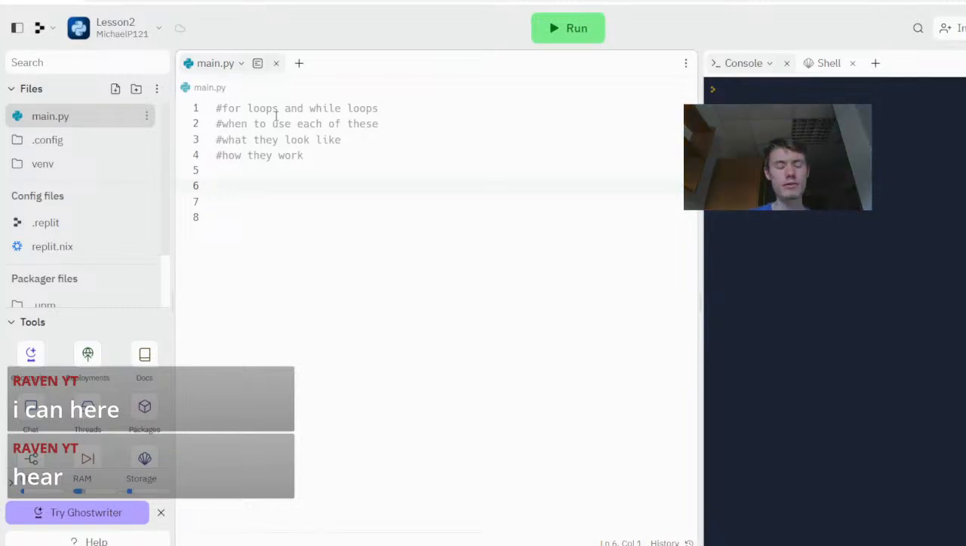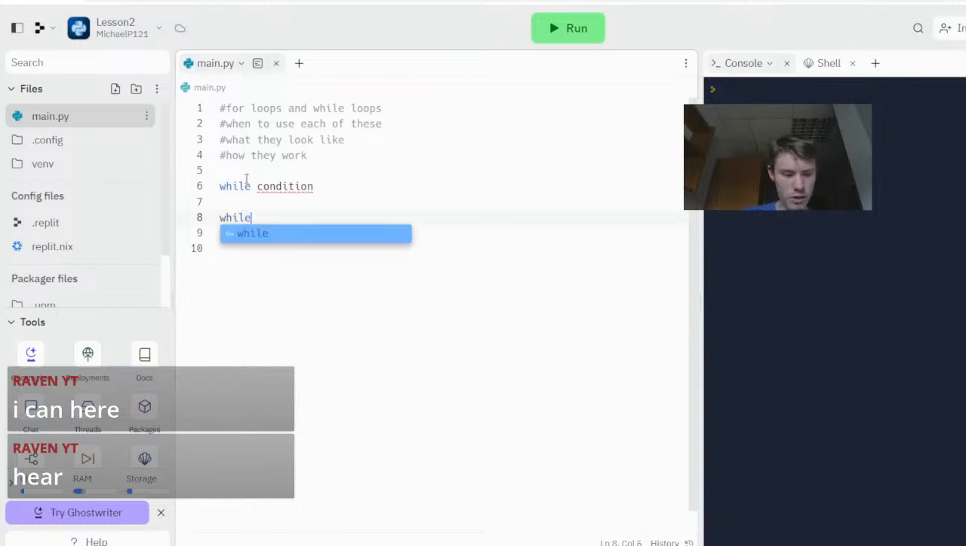So let's look at while loops first. I think these are probably a little bit simpler to understand. They begin with the while word, and then they're followed by a condition. So you just replace this condition with whatever your condition is. So it'll be like while,